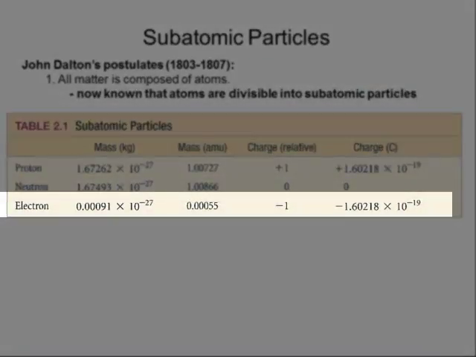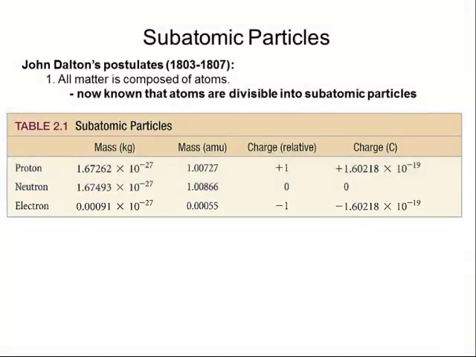And an electron is going to have a mass of 0.00055 AMUs, and its relative charge is going to be a -1. The main significance of these is that protons and neutrons in an atom are going to have a much larger mass than an electron. So much so that most of the mass of an atom is going to be made up of the protons and neutrons. Electrons still have a mass, but relatively speaking, it's small compared to the mass of a single proton or neutron. The other thing to keep in mind, protons have a +1 charge, neutrons have a 0 charge, and electrons have a -1 charge. That's going to be very, very important. Okay, those are the main things you need to get out of this table.